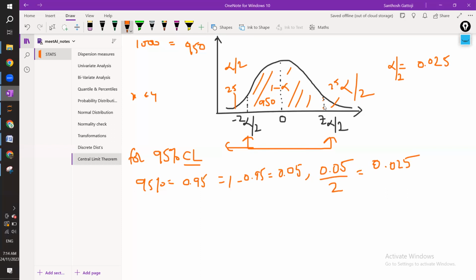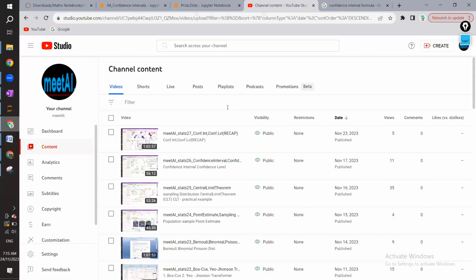See this part, this is a point where you will have 950. And this part is 0.25, that will be 25, which will give you 0.975. Okay, so if you go here and just see the z table,